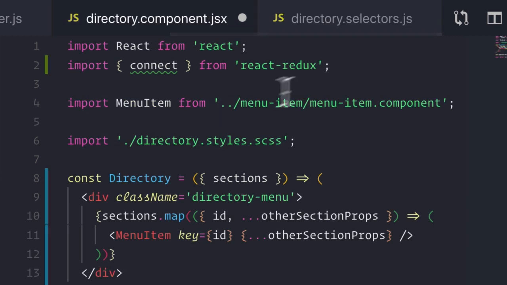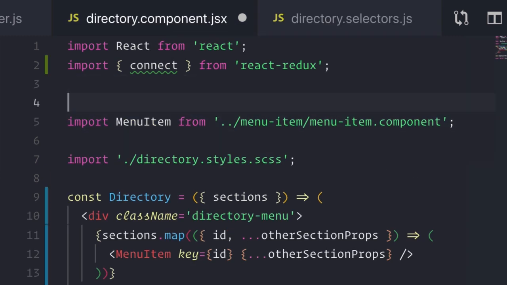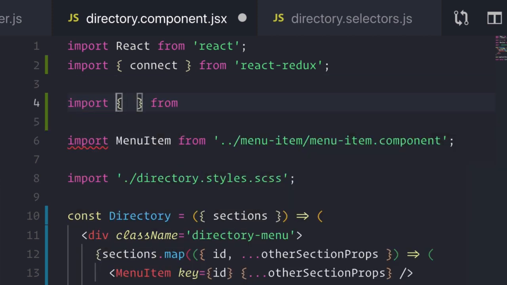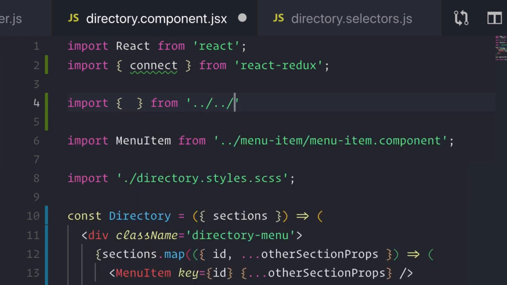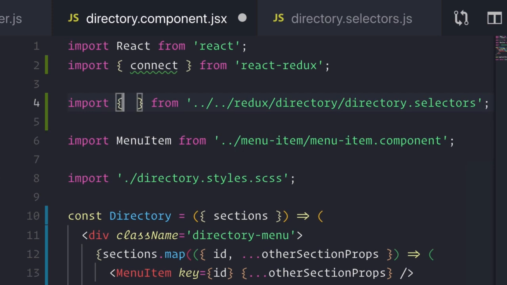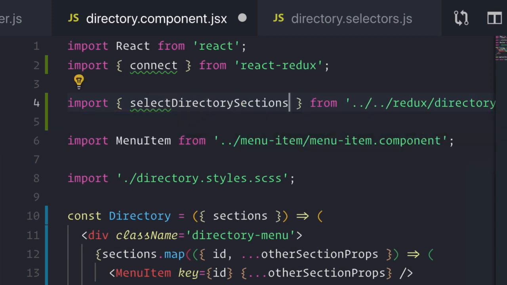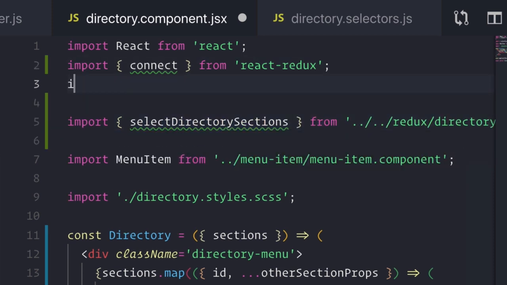So let's bring that into our directory component. It will be from our Redux folder, directory/directory.selectors. And we want our selectDirectorySections as well as our createStructuredSelector